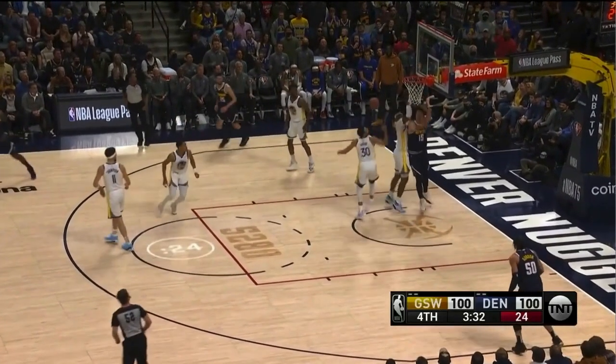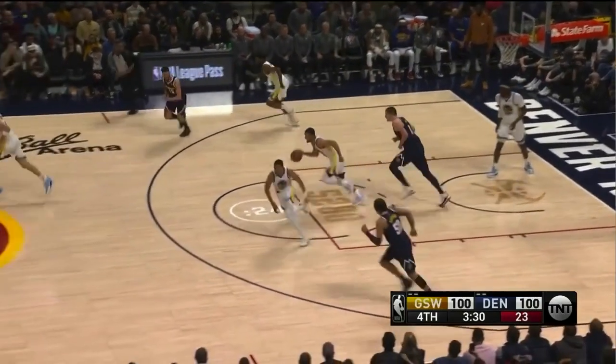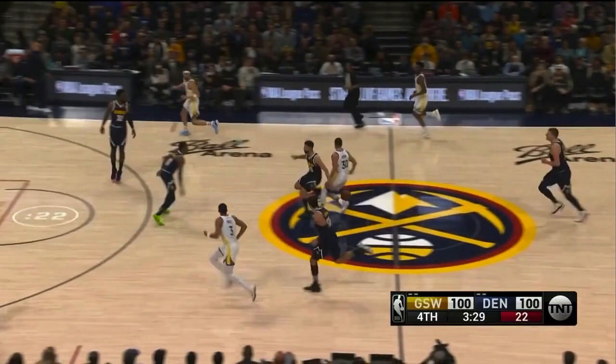Ooh, the up and under. Yes! Okay, that was a pretty sweet little up and under move going under Looney's arm there, but just missed. Never in doubt. And Steph is going to clean up this rebound, right? Nice. The Warriors do not have numbers, but the Nuggets